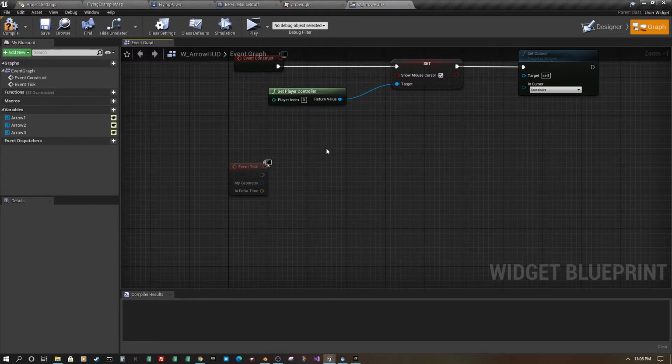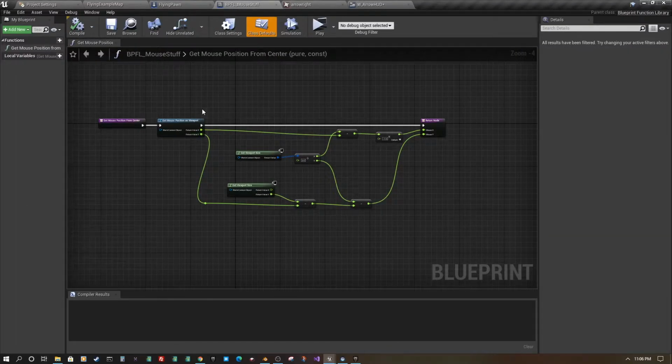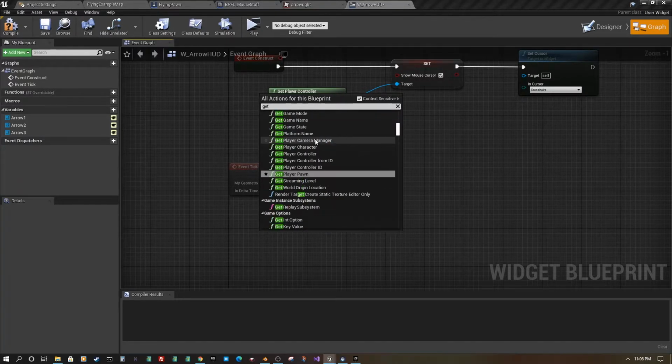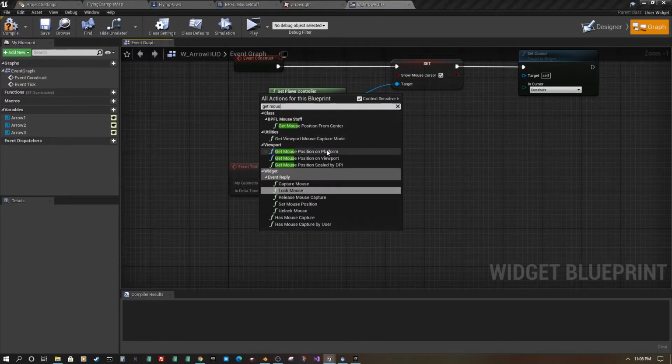And we have that already in our blueprint function library here. This is the get position from center. So we're going to call this function to get our mouse. So we did that last time. So get mouse position